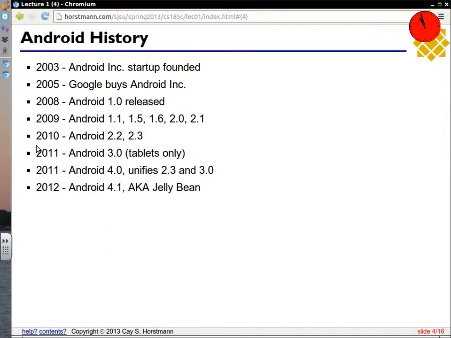So they had come up with the iPhone in the meantime, which of course did extremely wonderfully, and it was a much nicer phone. But then in rapid succession, they started coming up with more and more versions. The original SDK was fairly primitive, so they kept expanding. Then you can see there's 4 versions coming out in 2009, another 2 versions in 2010. So that got us to the 2.3 release.